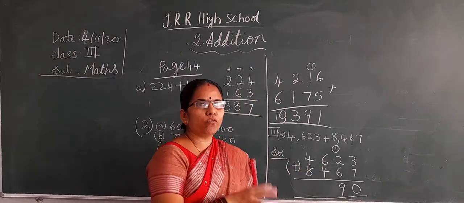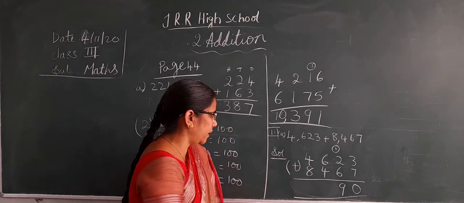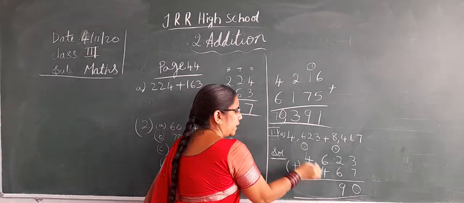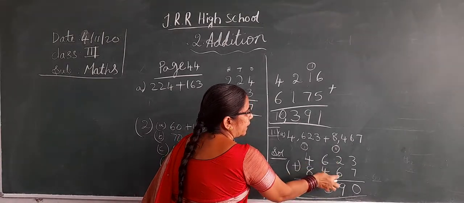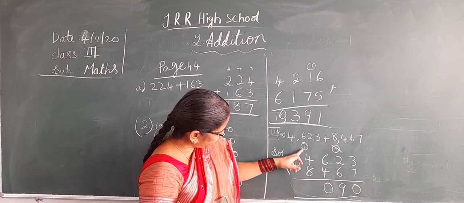6 in the mind, 4 on the fingers. 6 after 7, 8, 9, 10. So 1 you put as carry here and 0 in the hundreds place. And the tens place carry you can cut off. Now add the thousands place.